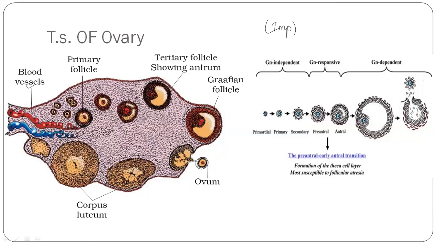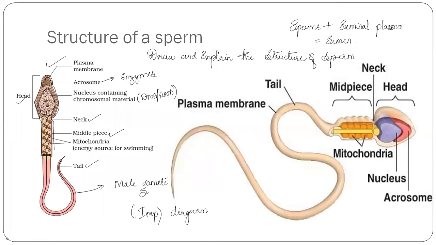So this process is nothing but the ovulation process, showing the various stages of follicular development. We will come across exactly how the different phases work, how the Graafian follicle matures, and how the release of the ovum takes place in the further classes. For today, we studied the sperm, its explanation and diagram.